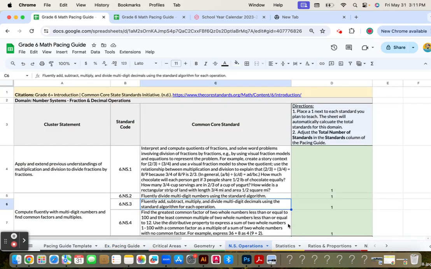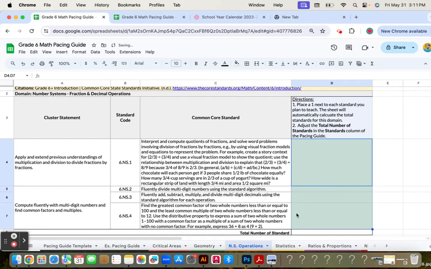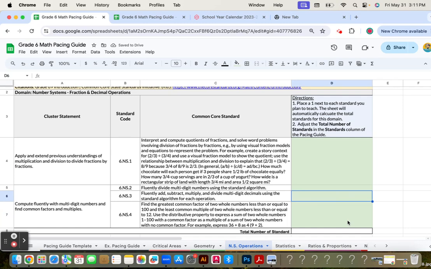And so if I go to number systems, again, there's 4 standards. And basically we've got multiply and divide fractions, long division, decimal operations, and then greatest common factor, least common multiple. I want to teach all of those, but I kind of disagree with Common Core in that I think that adding, subtracting, multiplying, and dividing decimals are all kind of separate skills that kids need to learn conceptually. I think you can group add, subtract together, but multiply and divide need to be kind of thought of